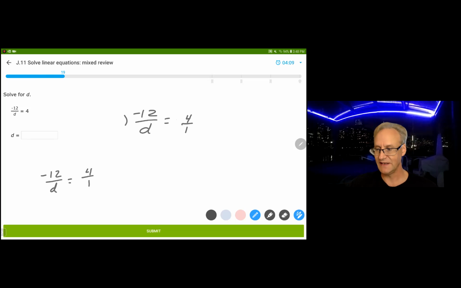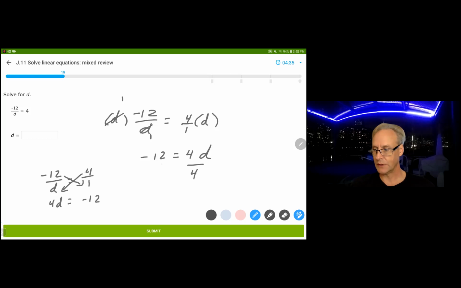I multiply by D on both sides. And the D's cancel out, assuming it's not 0. And you get negative 12 equals 4D. And then we're going to divide by 4 on both sides. You can see cross multiplying is going to give you the exact same result, which is negative 12 over here and 4D on this side. And in order to solve it, we just divide by 4